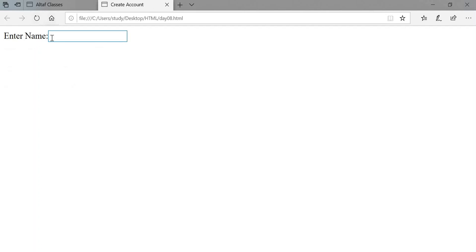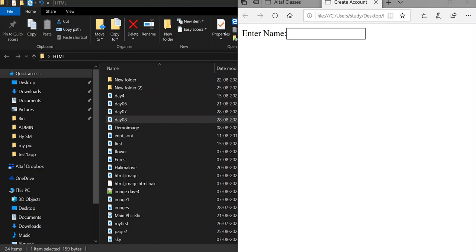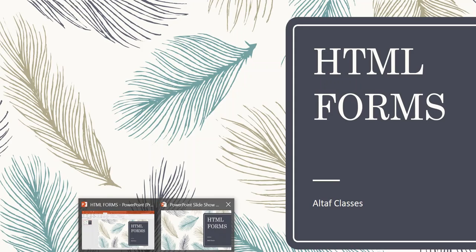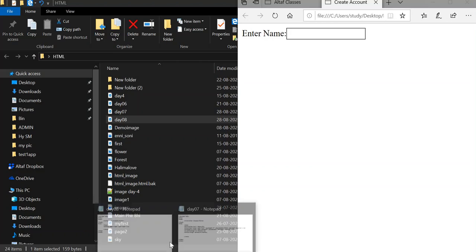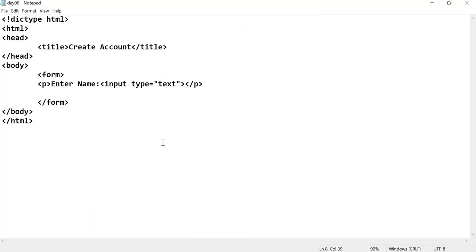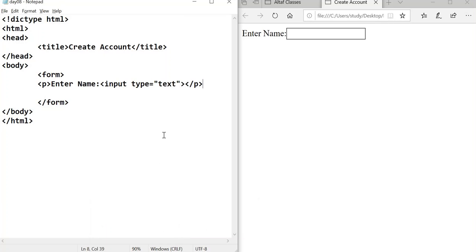So this one is your enter name, but here there is no placeholder. So now I want to add a placeholder. For this I want to split my screen. So yeah, cool.